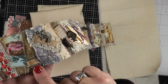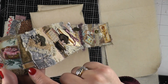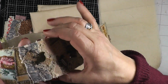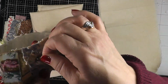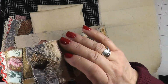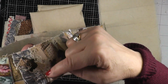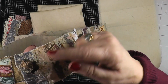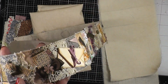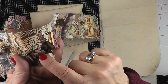I put a tiny little label here. I think this was a Tim Holtz sheet of sticker labels that I had, and I sewed that on because there's no way a sticker label would actually stay on there. This is a little safety pin, and I have a charm dangling from that, little bird charm. And I had also put it at an angle, a scrap of lace and some burlap, and I sewed that on underneath. There's a little bingo card made out of paper, another satin ribbon bow, and I put a little